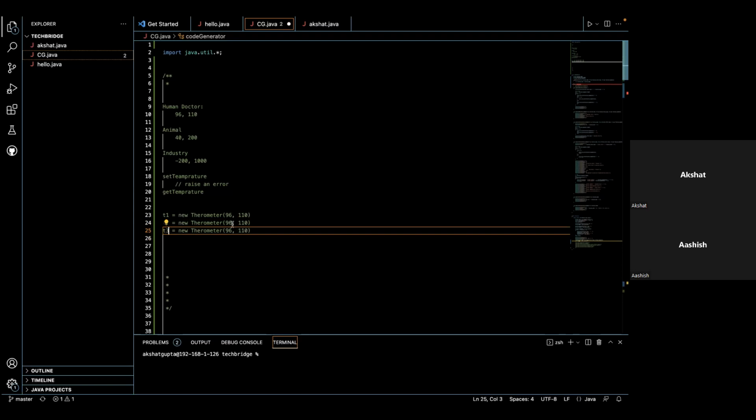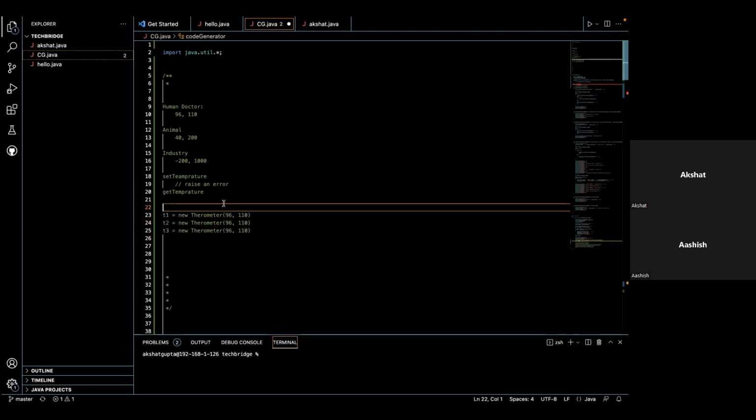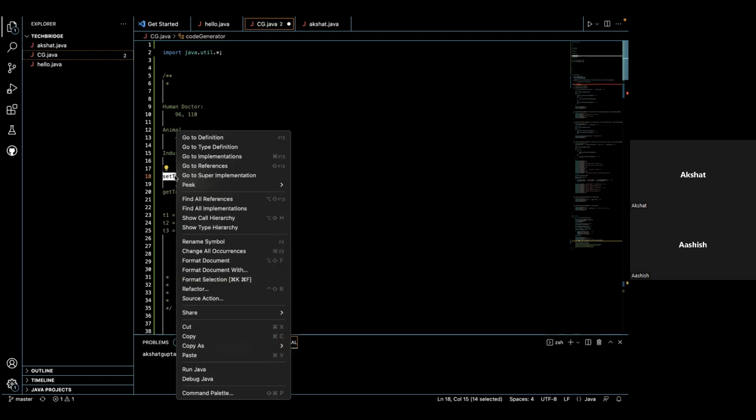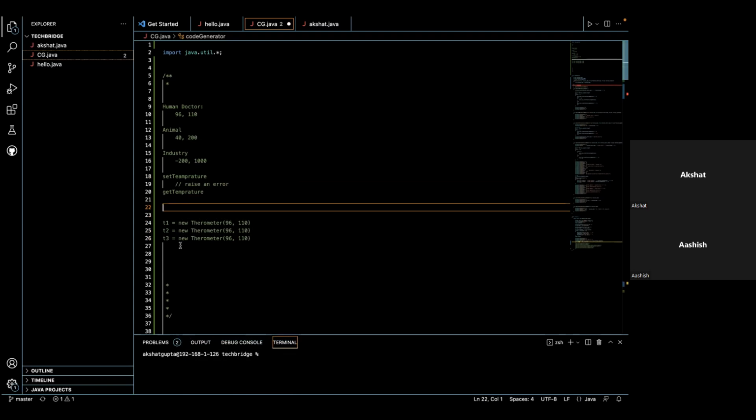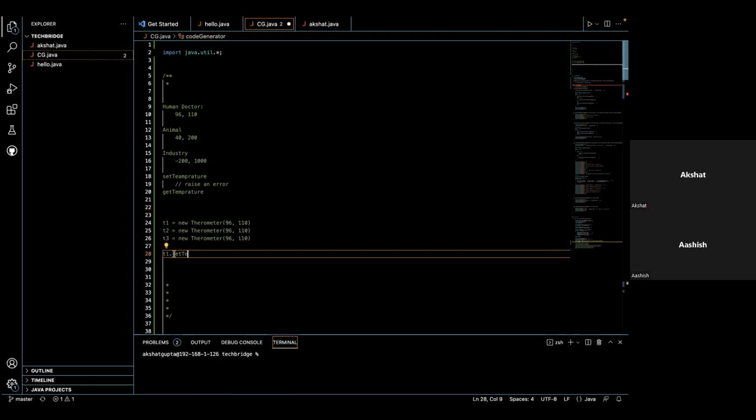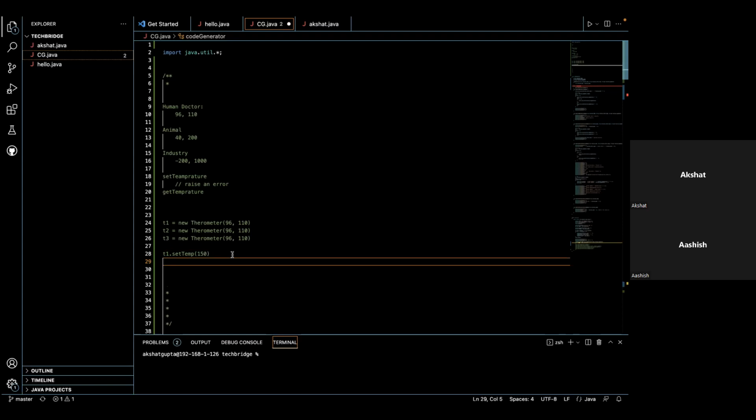I'm not changing the limits here, right? The idea is when you have set temperature implemented, you have already established the boundaries. So you'll simply say T1.setTemperature, and let's say you write 1150. Because this thermometer already knows its limit, since I have stored it in my internal structures, that the maximum temperature I support is 110, it checks whether the temperature you have given is greater than the max,